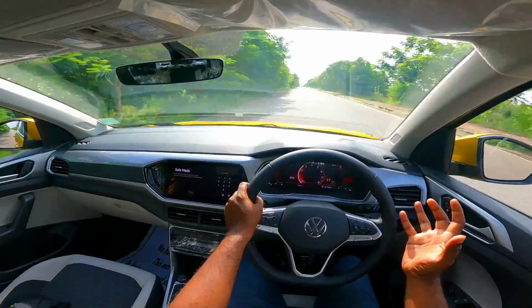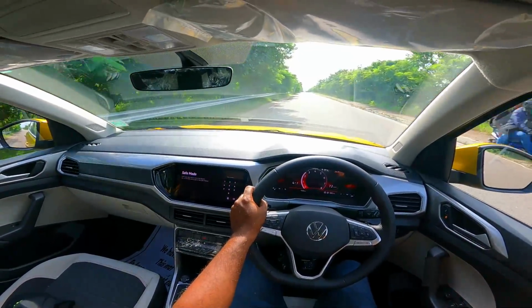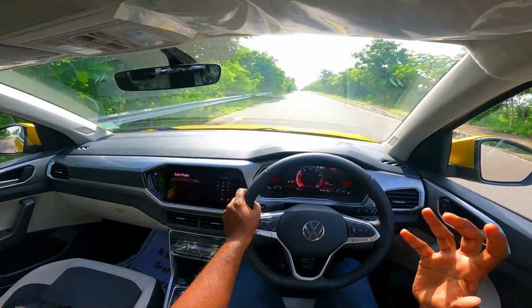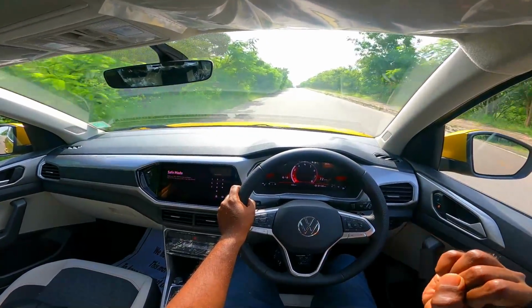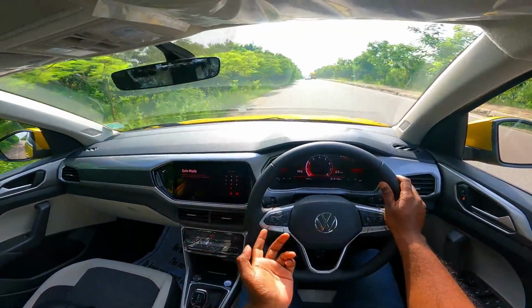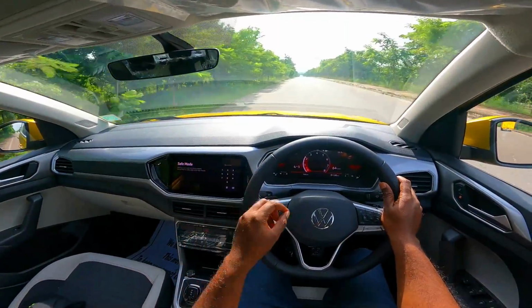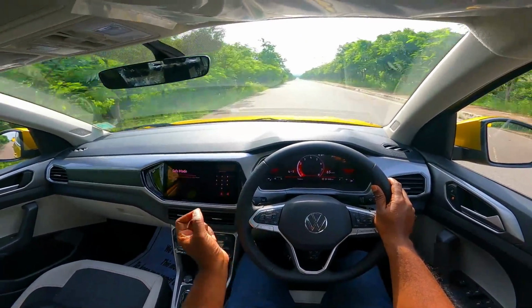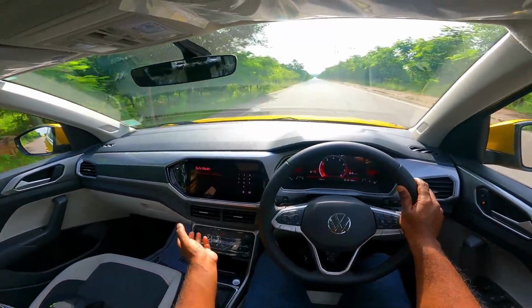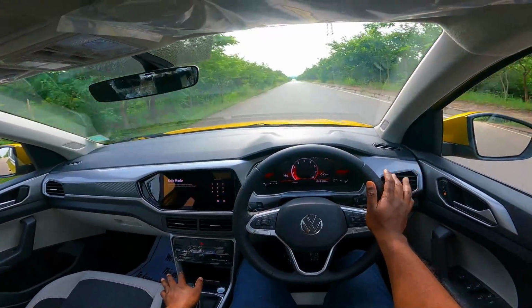And you can see, Volkswagen fanboys are in for a party. I mean, they're going to go crazy, and the wait has been worth it, is what I feel. And the steering feel is really good. The steering sensitivity is really good, and we're going to push it through the corners in a moment. For now, the AC is really good as well, nice and effective in cooling the cabin, and gear shifts are